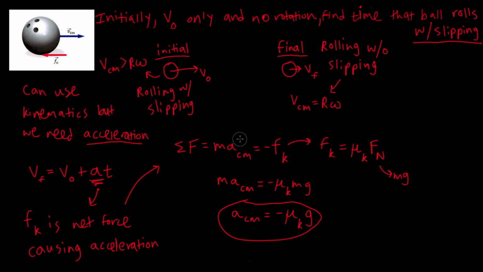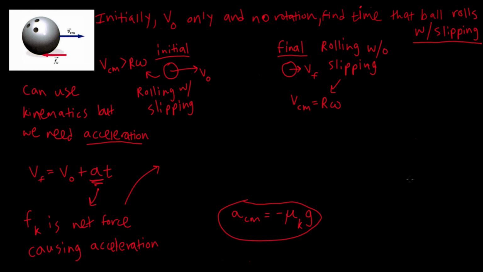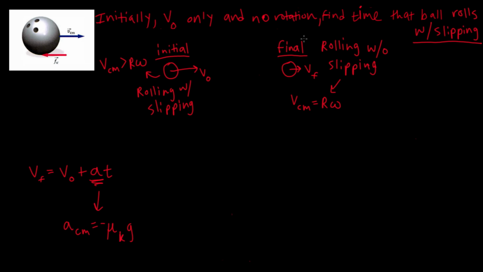And so now we can just plug in this acceleration for the center of mass into our earlier kinematic equation. And so now, since we have the formula for the acceleration of the center of mass of the bowling ball,